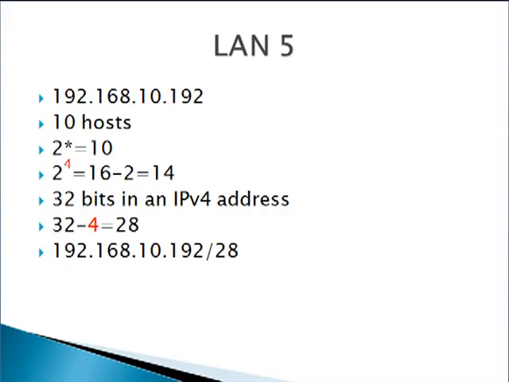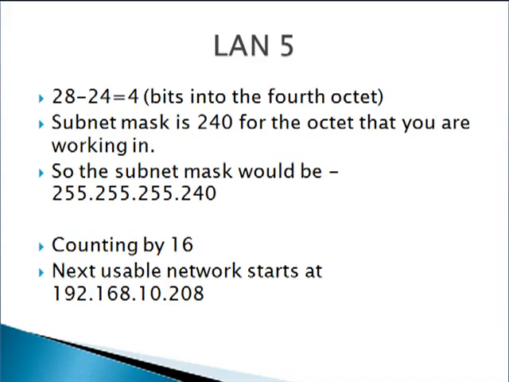Alright, LAN 5, we're starting at 192.168.10.192. We only need 10 hosts this time, so we take 2 to the 4th power, which gives us 16, minus 2 gives us 14 usable hosts. 32 minus 4 is 28. Halfway through the octet, 192.168.10.192/28, and 4 bits in will give us a subnet mask of 240 in that octet. 255.255.255.240 will be counted by 16 since we're 4 bits in, so our next network will start